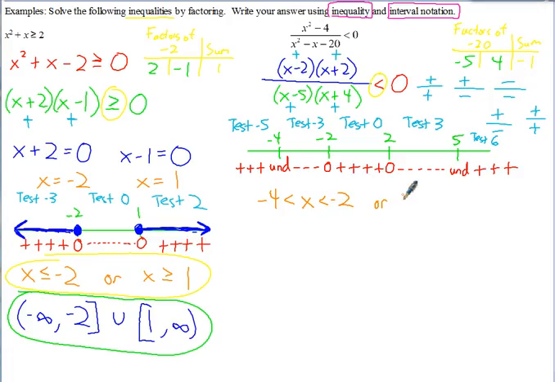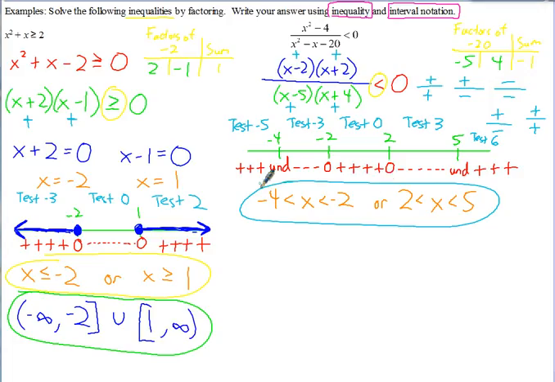The other interval is starting with 2 is less than x. Notice that's saying x is greater than 2 if you flip it around, which is true. But it doesn't just have to be greater than 2, x also has to be less than 5. So this is saying x is between 2 and 5. So that's how you'd write your answer using